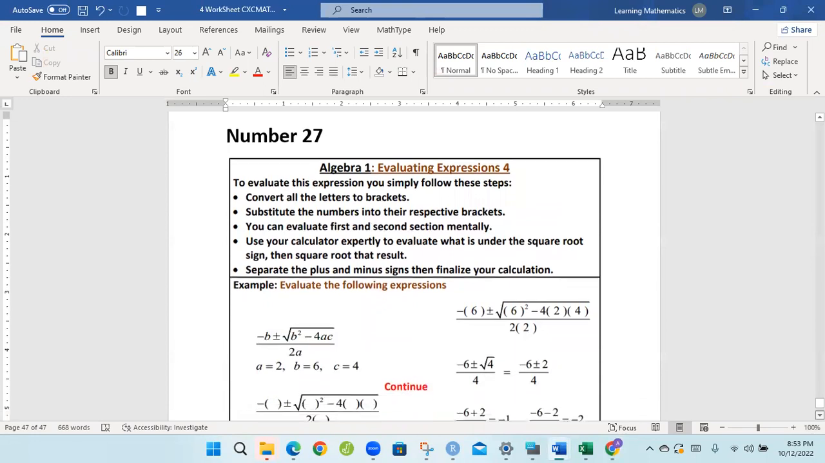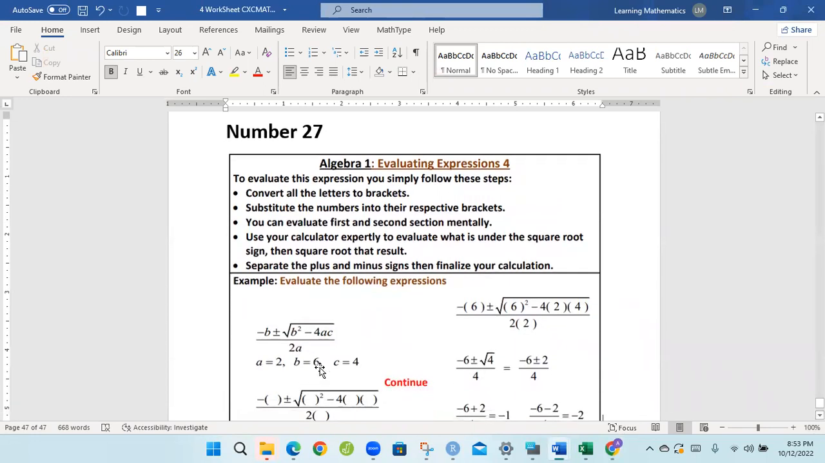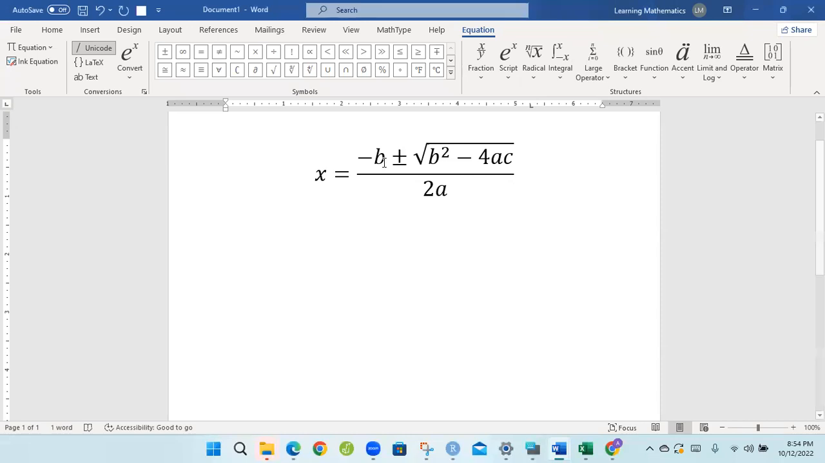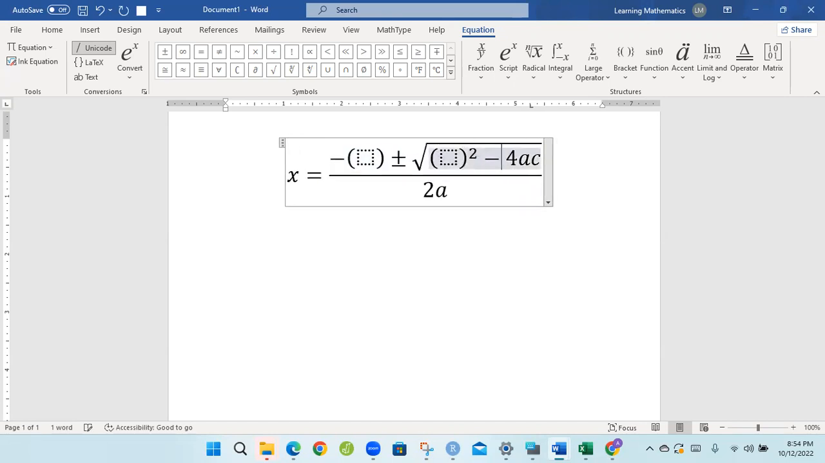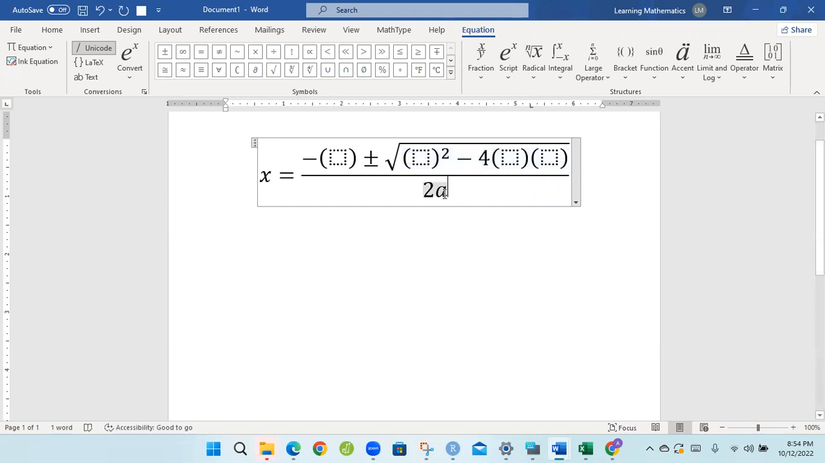So now, here we have values for a, b, and c. So let's create brackets with the letters to prepare for substitution, just like how it is here. So let's convert all letters to brackets, because we are creating what we call mathematical baskets, so we can put numbers inside these mathematical baskets, inside the brackets. So now,